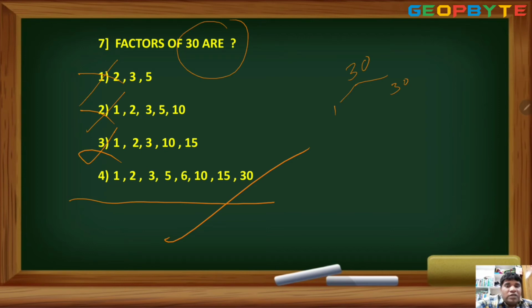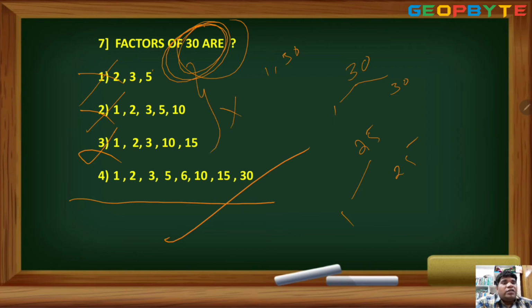In examinations this type of question is asked, and you can select any number. Suppose 1 and itself are the factors. So 1 and itself, factors of 30, means 1 and 30. But in options 1, 2, 3, there is no 30, so they are wrong. The last option is the right answer.